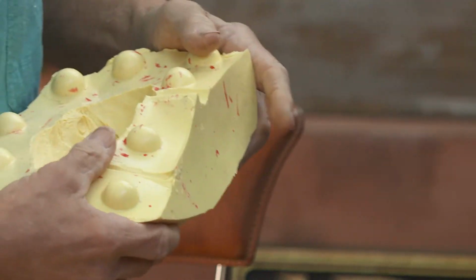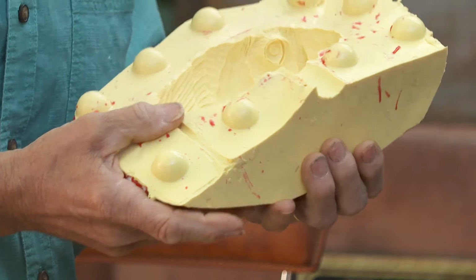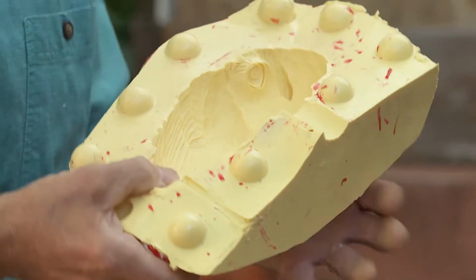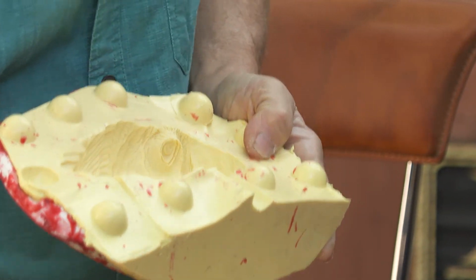What we make out of the mold is a wax, a hollow wax. And so this is considered a mother mold because it holds this in place, correct? Right. Okay. And this has to be seated properly down in here, otherwise you're going to end up with a warped